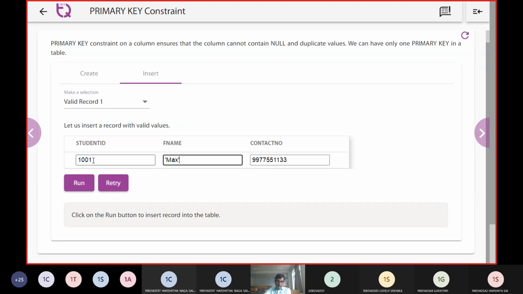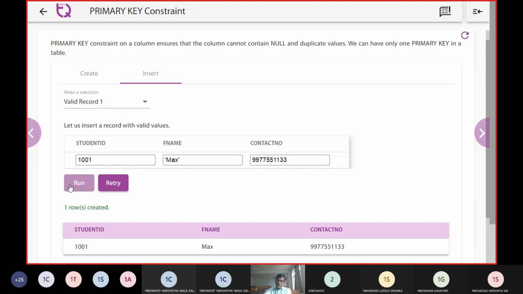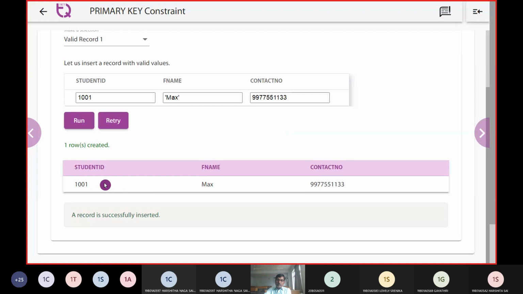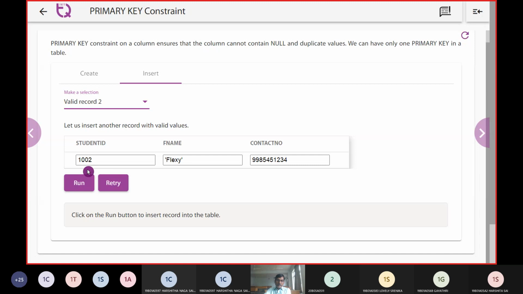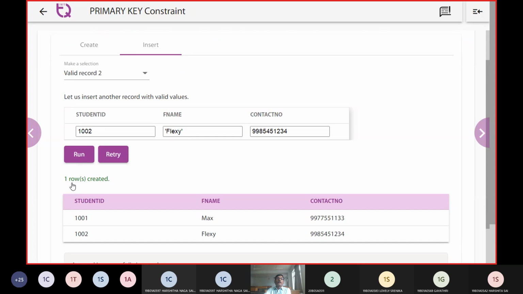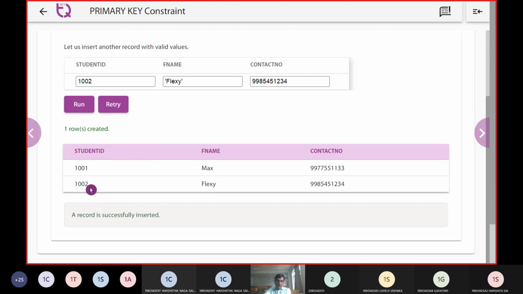Because it has some data, the insert was successful. Now let us look at the second test case, another value 1002 named Flexi with some mobile number, and these two are valid records.